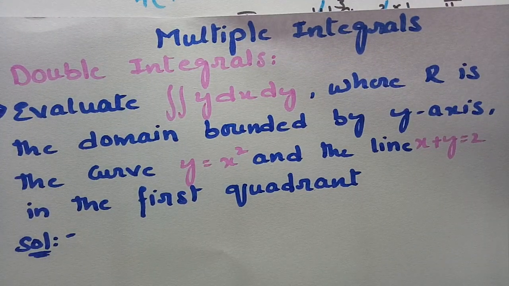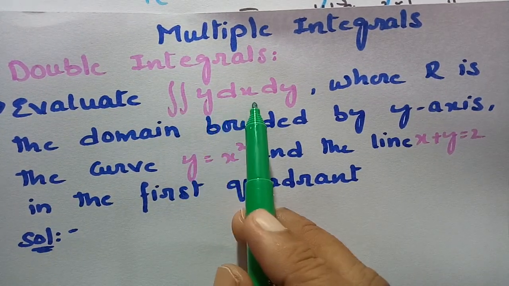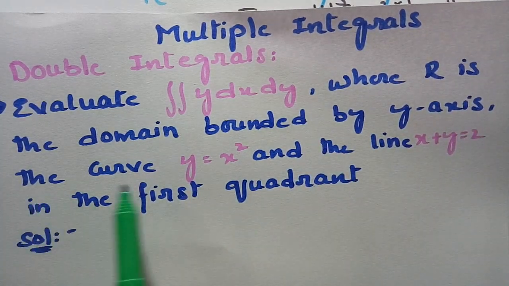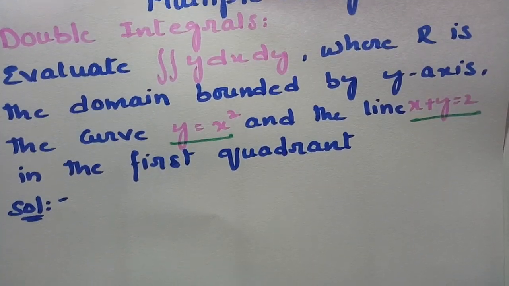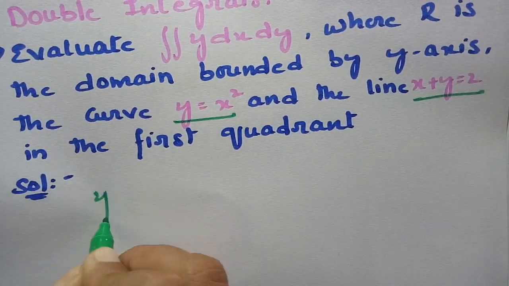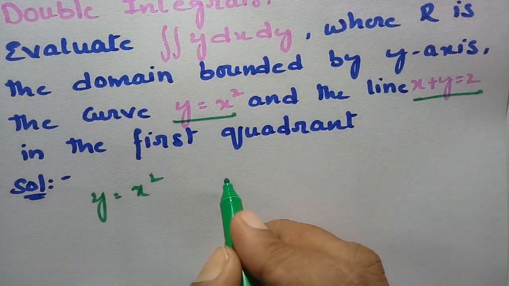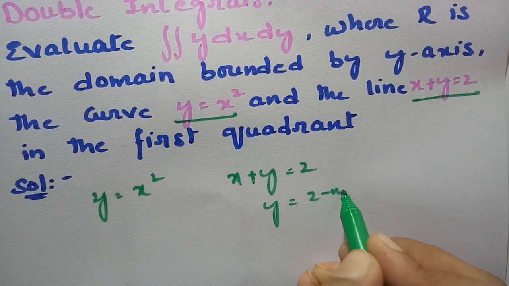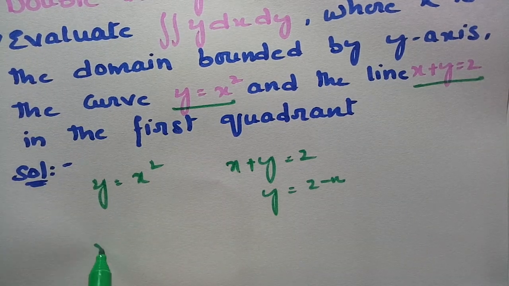So for that one, we have to evaluate the double integral of y dx dy, where R is the domain bounded by the x-axis and the curve y is equal to x square and the line x plus y is equal to 2. So initially we have the curve y is equal to x square. And the next one is x plus y is equal to 2. So the y value here is 2 minus x and the y value here is x square. Therefore I'll write